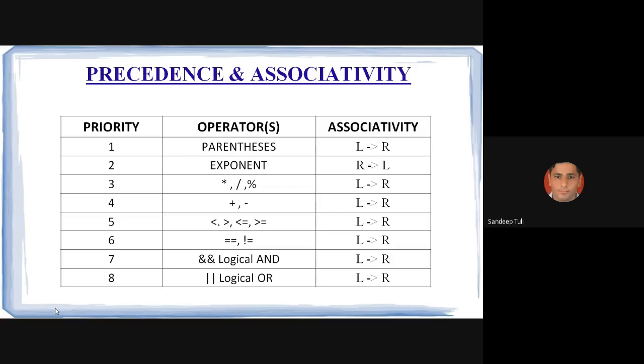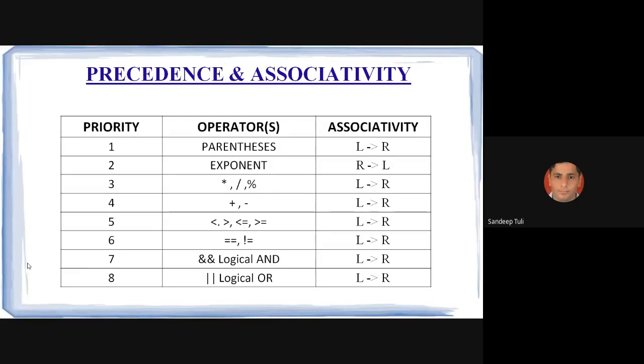We have not come to that yet, beta. Okay, sir. Precedence and associativity table. Here I want to show the precedence and associativity of some main operators that we may use in our examples. The list is too long. You all have that list in your C books, so you can refer to that also. But here I am only using some specific ones which we are going to use now.